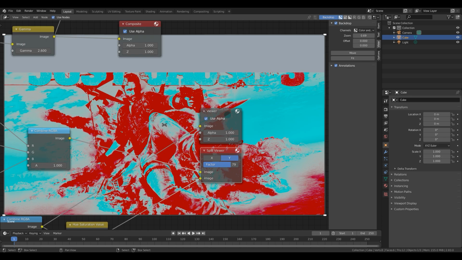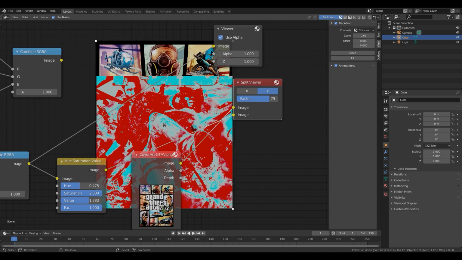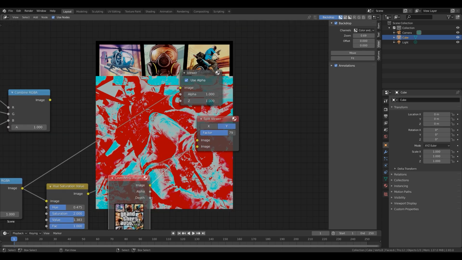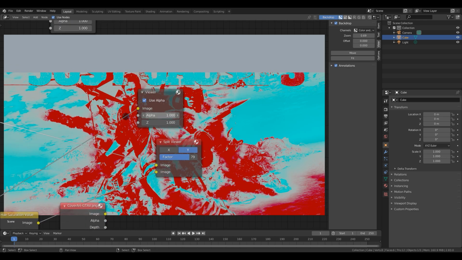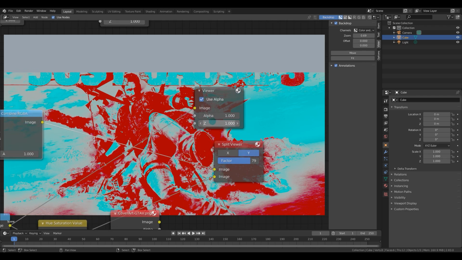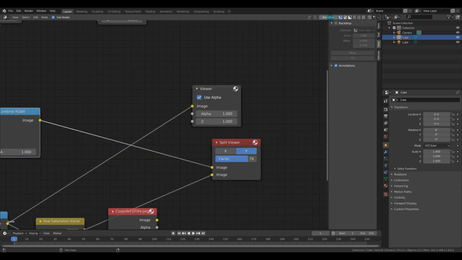And finally, the viewer node. If you shift control click on a node, it will snap itself into the active viewer node. Now, how do you set an active viewer node, you might be asking? Well, you just click on it and you'll get a red bar on it, and that'll show that it's active now. All viewer nodes are useful when something is a work in progress and you just want to preview how it's going. But keep in mind, if you want it to show up, you're going to need to check this box up here that says backdrop.